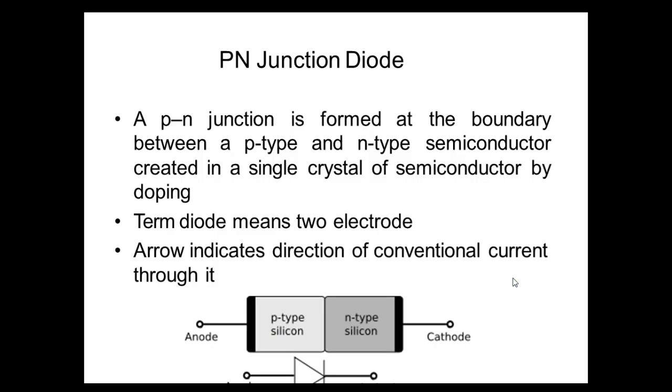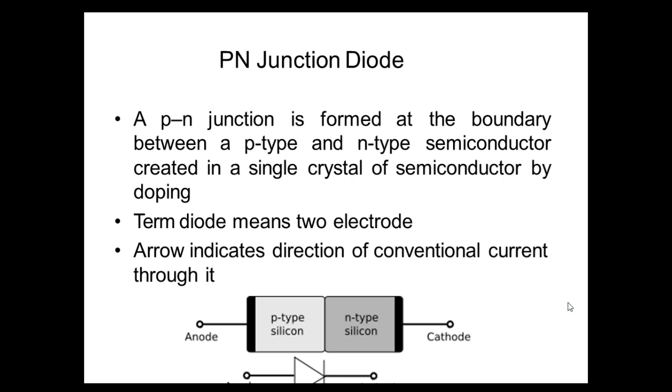Now, the PN junction diode. Now we will be making a single device in which both P-type semiconductor and N-type semiconductor are put together in this manner. You can see the bottom diagram. First there will be a P-type material and then an N-type material, with two metal contacts. In a single crystal of semiconductor there will be both P-type silicon and N-type silicon.